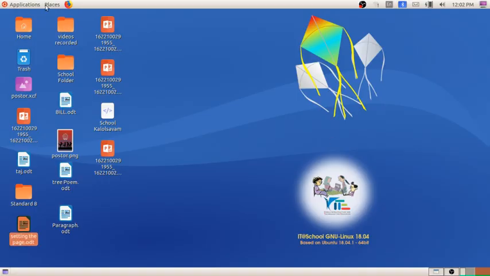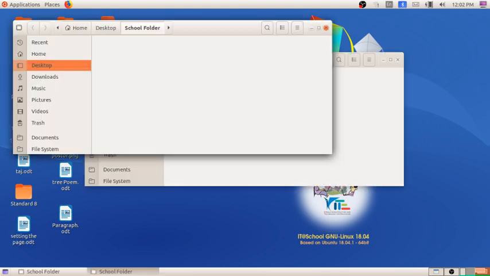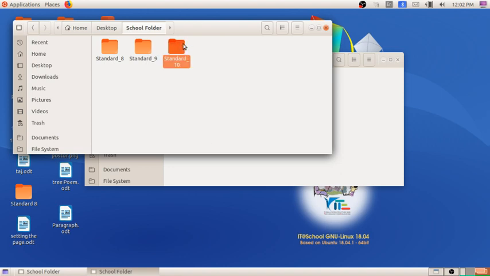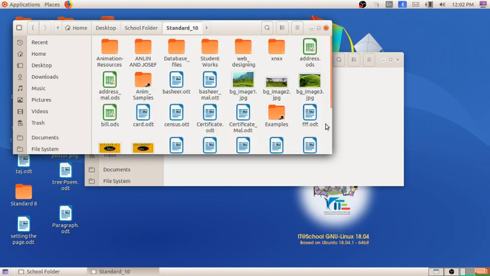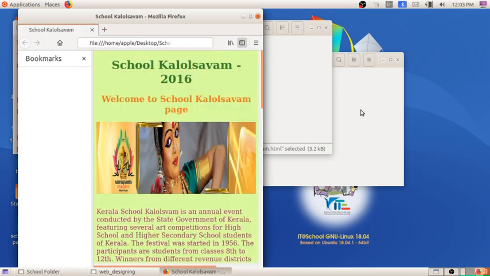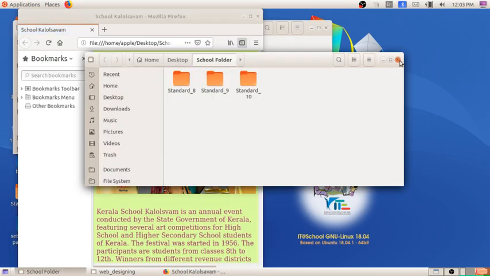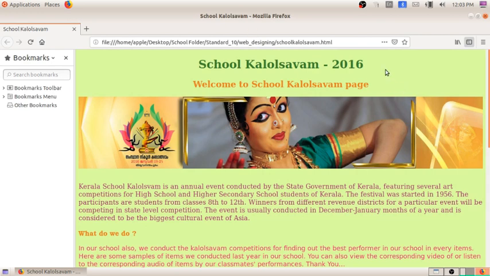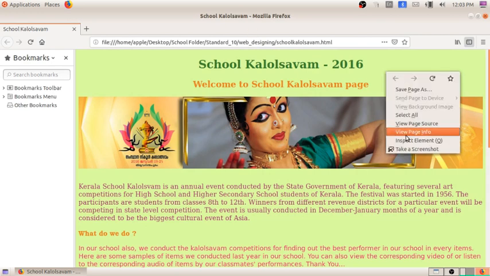I am opening the School Kalolsavam.html once more in the school folder. In standard 10, in web designing, you can see School Kalolsavam.html. I am opening that, and here you can see the web page. I am right clicking on the blank space, view page source.